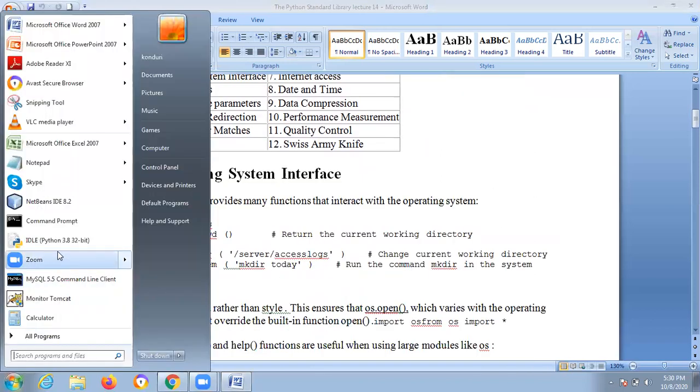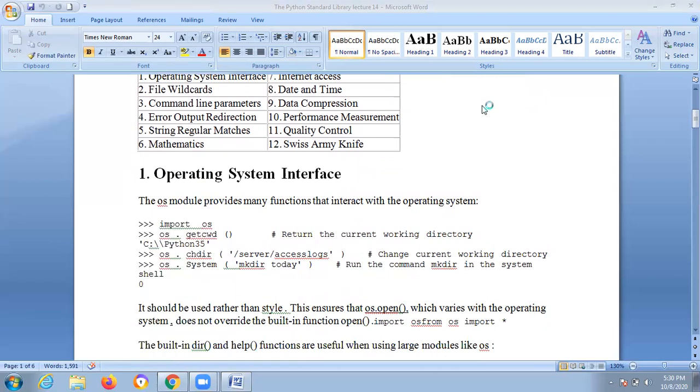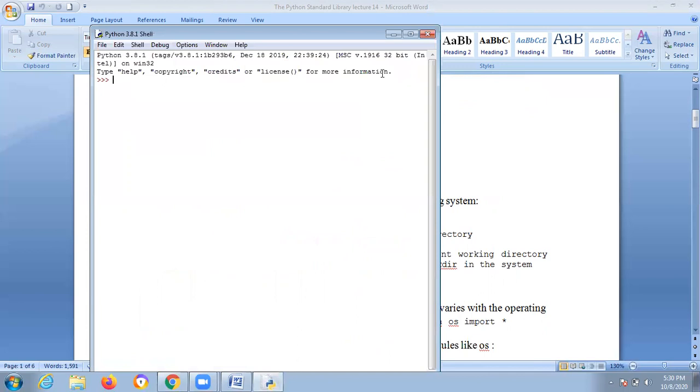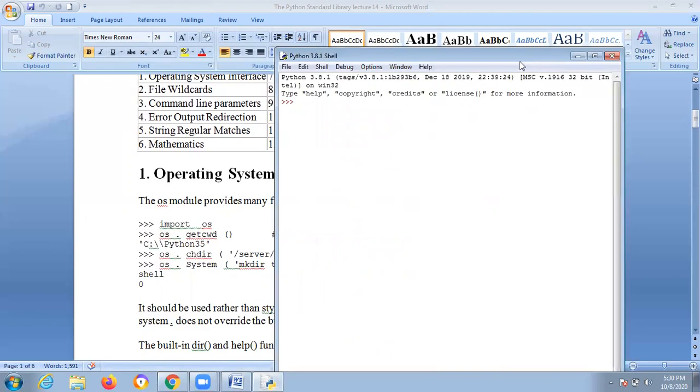I will explain practically now what happens. Just observe this. First, open the Python software. We'll see one by one. I'll explain a few things and the remaining you have to practice. First one is import os, then os.getcwd(). See, this path will be searched from the Python standard library and the result displayed.